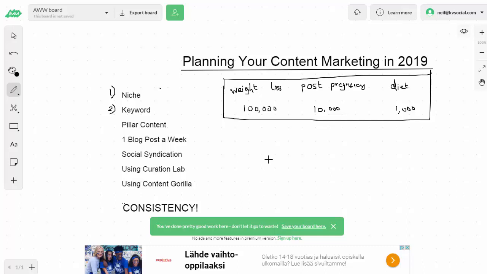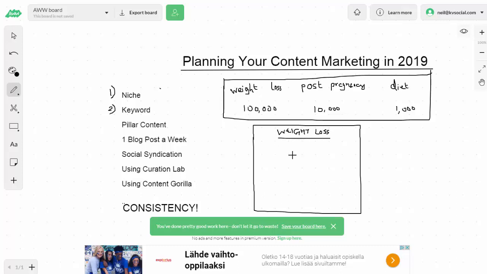So say you have a website or a business or a blog, and that is all built around weight loss, right? So you've got your gigantic blog which is all about weight loss. That's fine. But please, again, remember, do not try and rank for the keyword weight loss. It will take you a long time, and you may not actually be able to do that after all, right? It's quite difficult if you want to rank for weight loss on page 1.